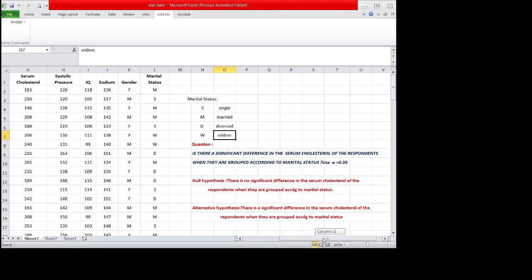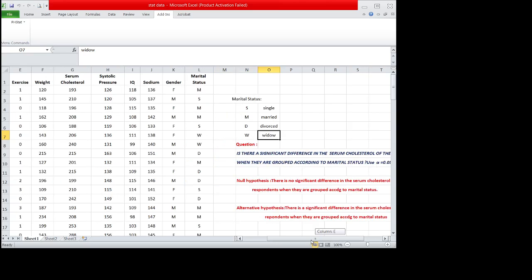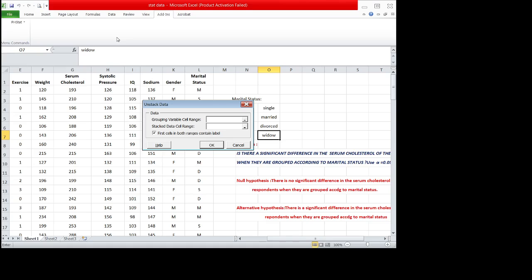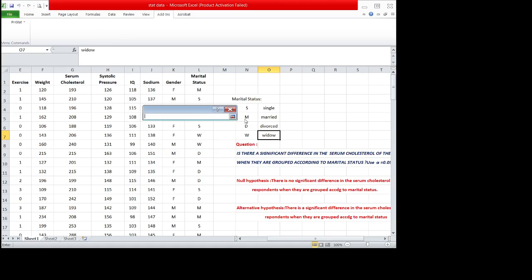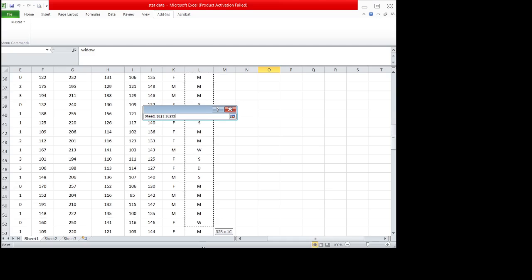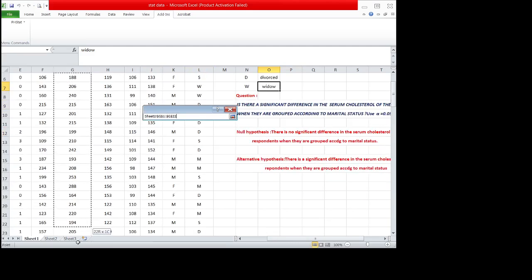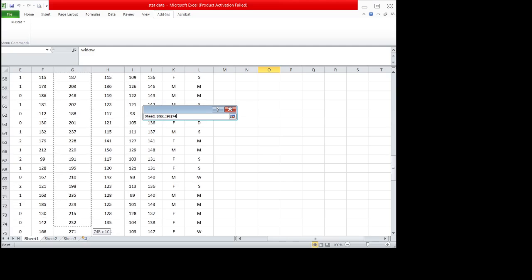So first, we must separate the serum cholesterol of the four independent groups by unstacking the data. Again, we start with Add-ins, choose PHSTAT, and then Data Preparation and Unstack Data. For the grouping variable cell range, we are going to highlight the marital status column. And for the stacked data cell range, we are going to highlight the serum cholesterol values, since that is again the other variable that is